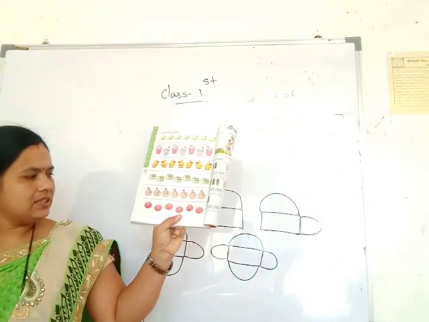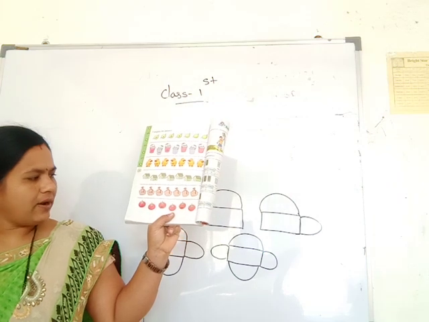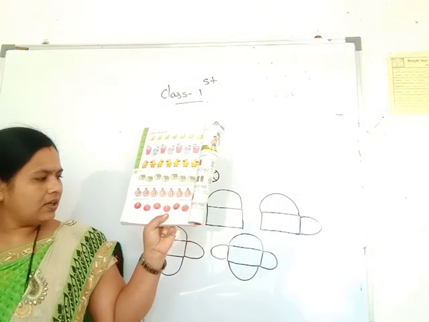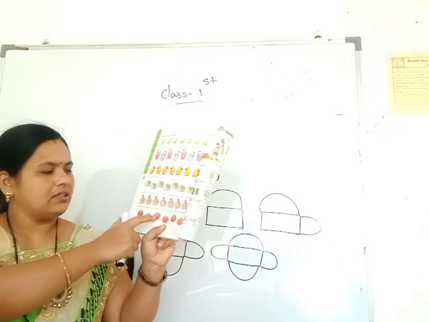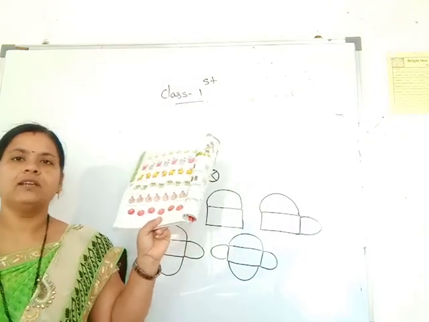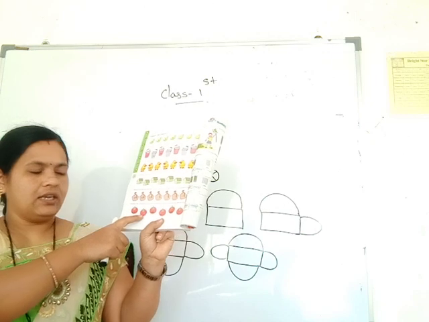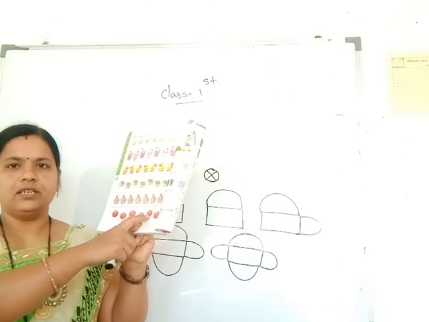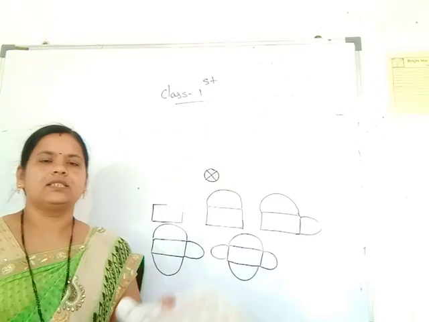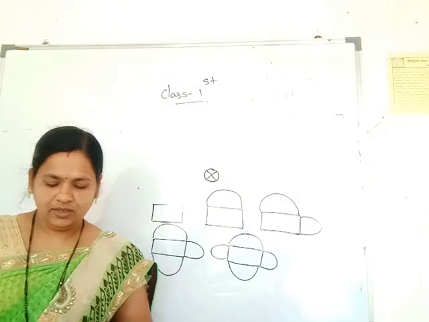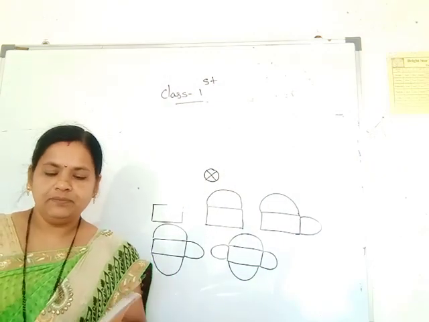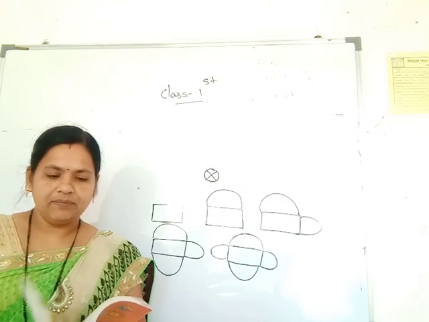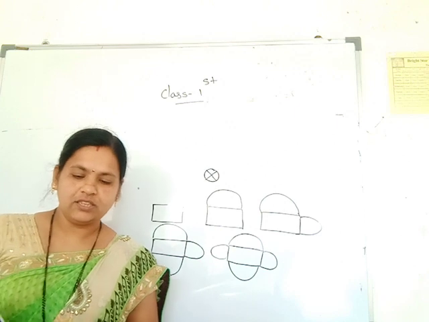Then last one, see this picture of tomatoes and numbers given: 10. Then here one empty, here 30, 40, means this is the table of 10. 10 ones are 10, 10 twos are 20, right, here 30, here 40, here 50 and here 60. In this type of pattern of numbers, this pattern chapter is completed, this 10th one.